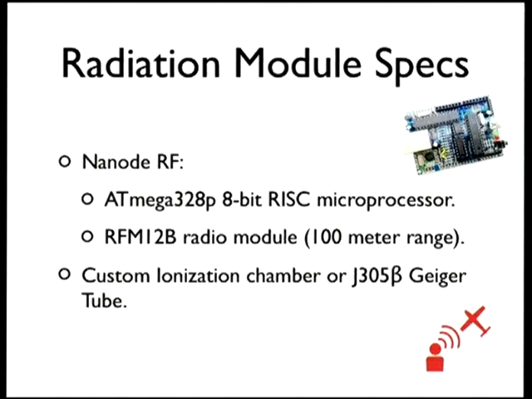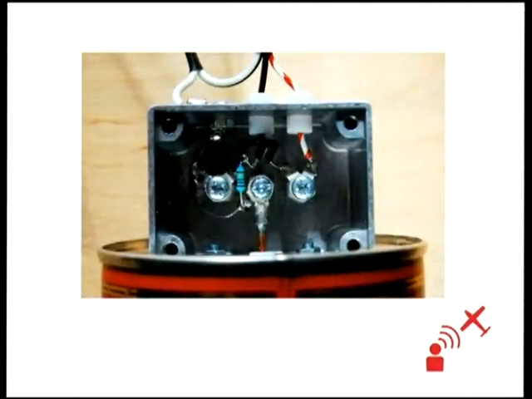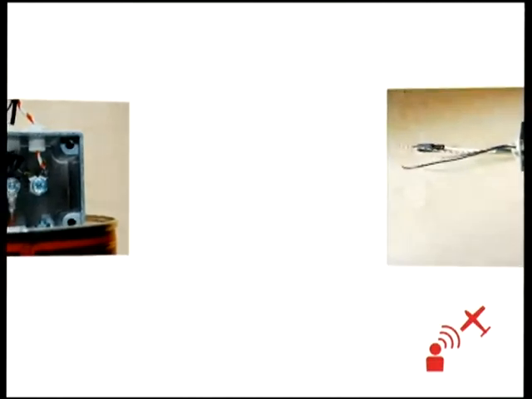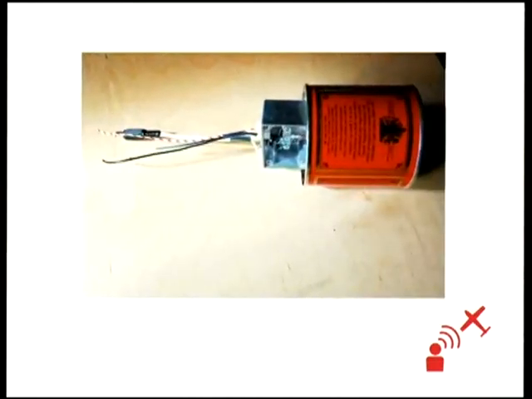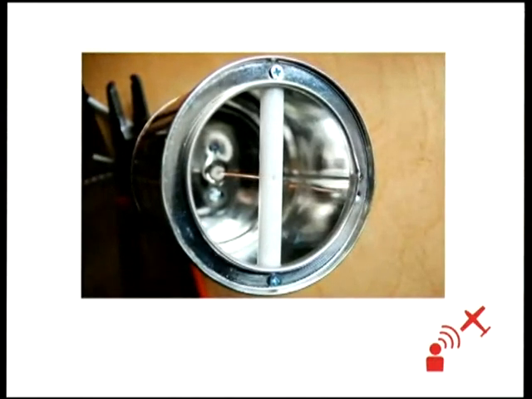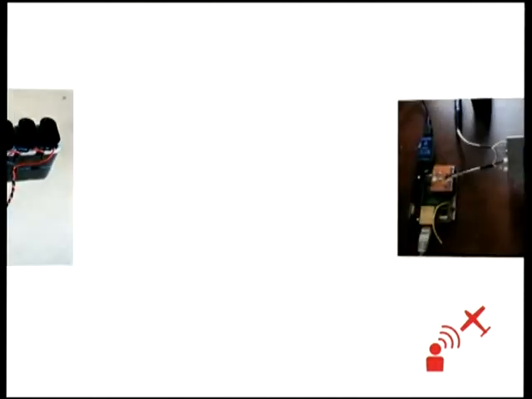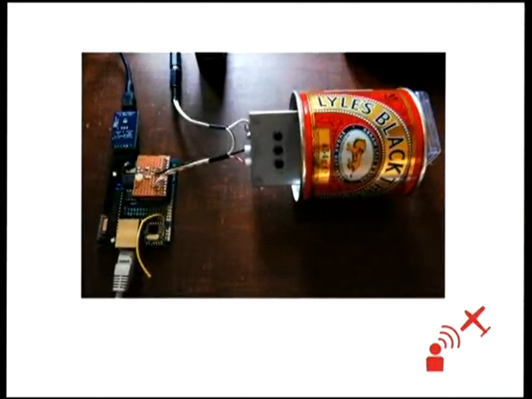That has the interesting result that you're able to leave the sensor for a very long time out there getting data. Here is the actual first radiation sensor, built in what's basically a jam jar because our engineer had a sense of humor. Very basic stuff, just a very simple ionization chamber. There's the reference charge from the battery stack, and there's the connected device with the nanode, the chamber, and the